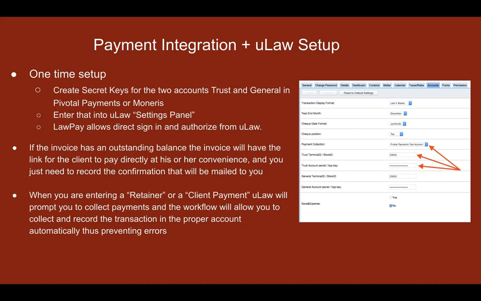You don't even have to punch in the terminal IDs, because in uLaw, if you go into settings, then accounts, one of those fifth or sixth line items is payment collection. As you're all seeing here on the screen, on the right-hand side, there's a small picture to show you how payment collection looks while it's being set up. So under settings, under accounts, you have payment collection where, for example, I'm choosing LawPay account. The moment you click on LawPay and save,